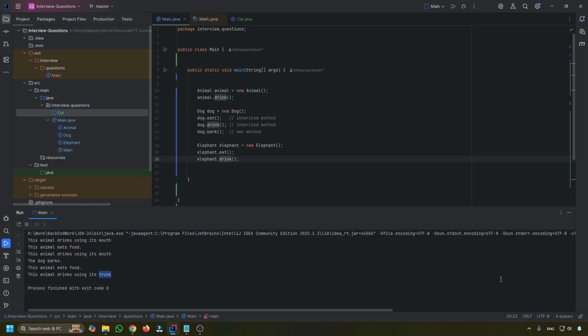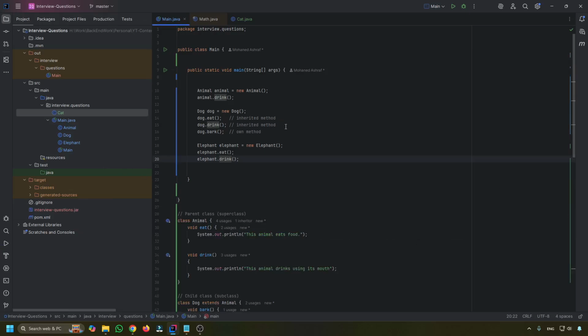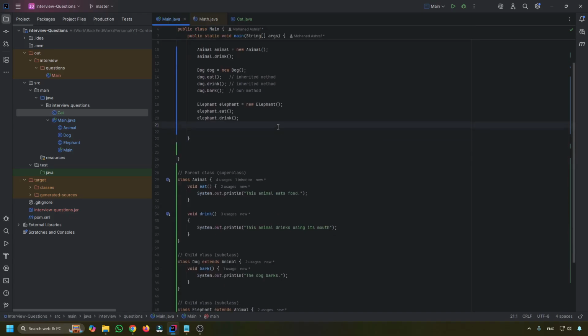Okay, what is polymorphism in Java? So polymorphism means many shapes. It is an OOP concept where the same interface or method name can behave differently depending on the object that is invoking it. Polymorphism basically lets you write code which is flexible, extendable, and of course reusable. So we have two approaches here: one is compile time polymorphism and the other one